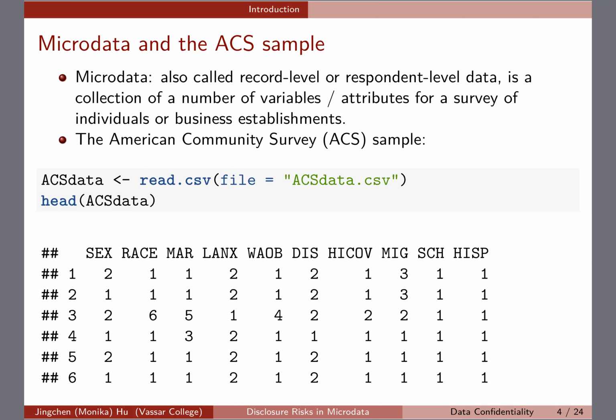For ACS, it's individual people. So sometimes you may also see the unit as a household, not as a person. They're all kinds, but they're all regarded as record level data or microdata. And I guess I should mention